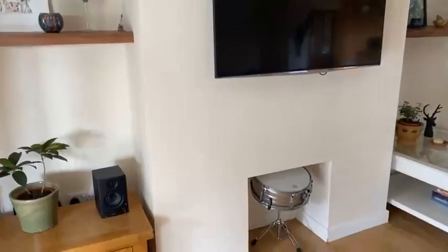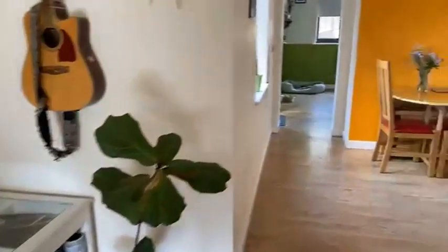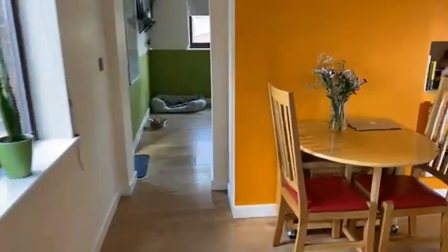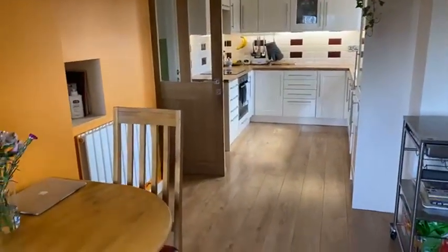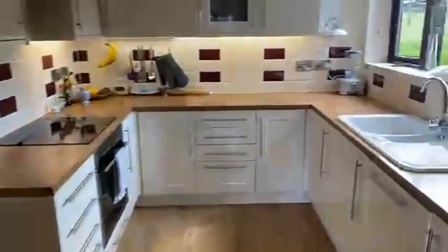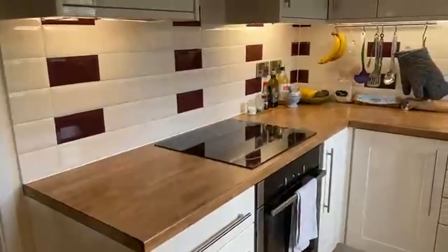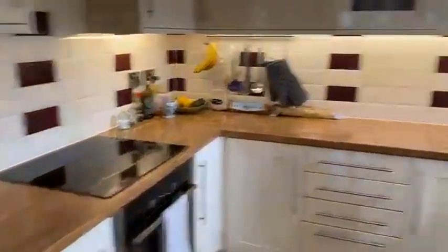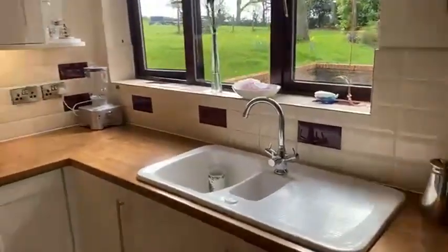So we've got a chimney breast there. You could probably put a fireplace back in. And then we have an open access through to a dining kitchen. A nice long room. Modern kitchen with cream shaker style units. And we've got a ceramic 4-ring hob. Electric oven and grill, Belfast style sink or ceramic style sink,